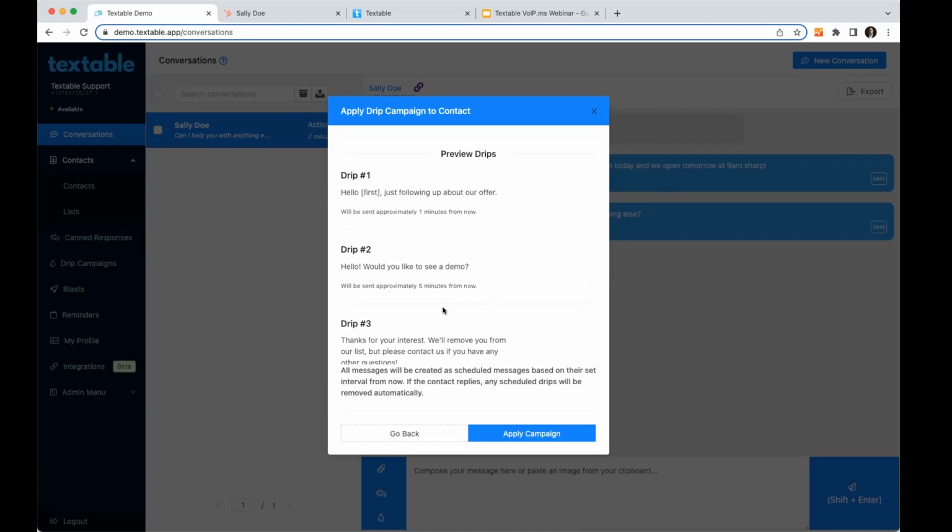A great use case for this might be, I like to use the car dealership scenario. You might be a car salesman, and you certainly know, as a car salesman, which of your customers historically have a lease coming due, right? Because you're going to want to reach out to them ahead of time to try to get their business on their new car. So a drip campaign may be a great way to reach out and get their attention.